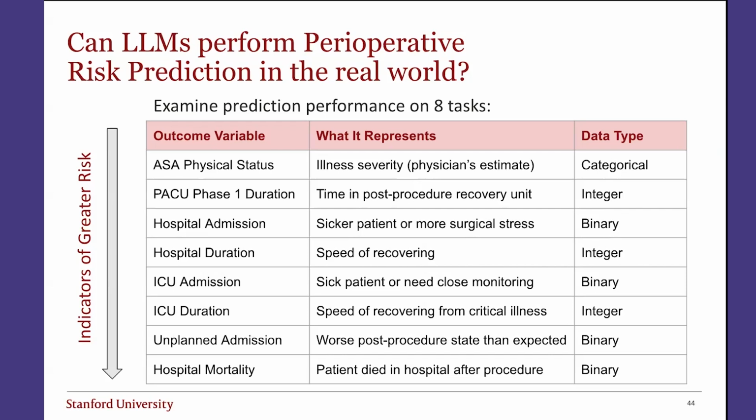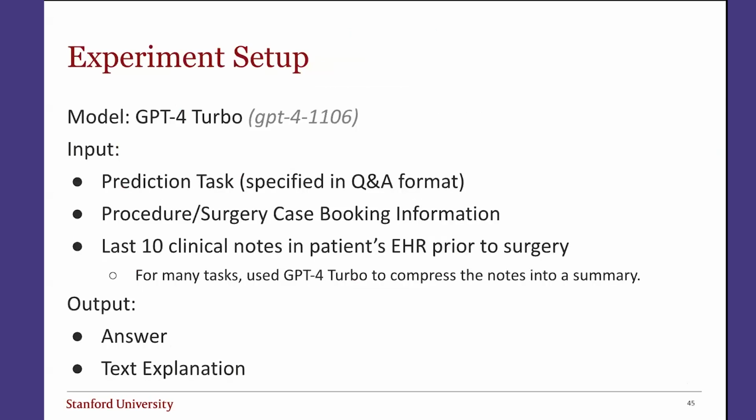And the other thing to be aware of is that some of the outcomes we're predicting are binary or categorical, others are integer values that we're asking the LLM to predict. And so this is actually a variety of different tasks that we're going to ask the LLM to do. So our experiment setup, we use GPT-4 Turbo, and then